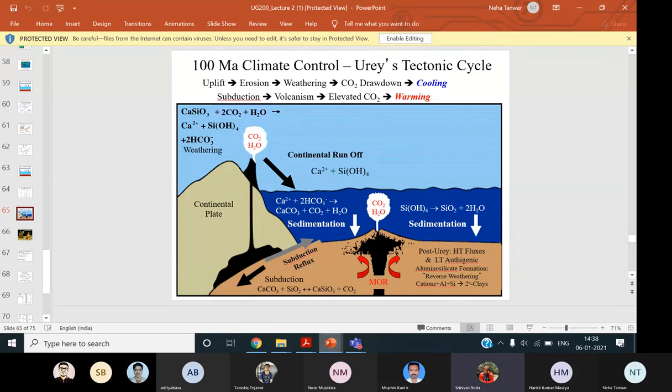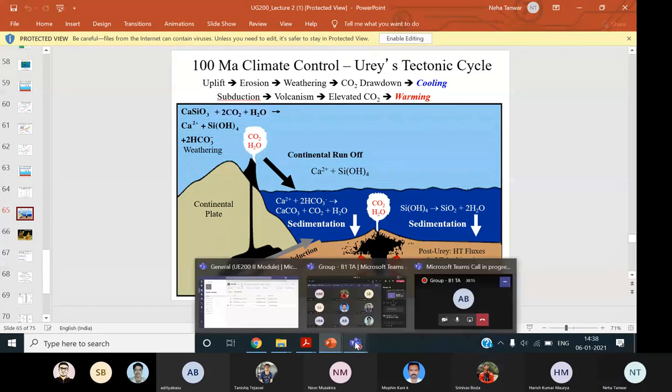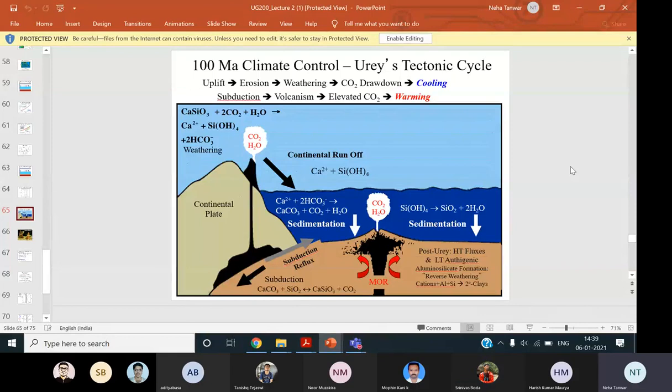Can you repeat it again, ma'am? The salinity of the ocean: the rivers are bringing the weathering products of the continental rock. Okay, what are those products? The mobile products. Those are cations. Calcium cation, magnesium, sodium, right? So rivers are bringing those cations to the ocean, and those cations and anions are the reason for the salinity